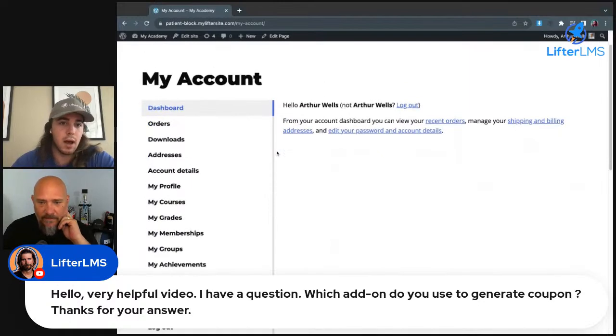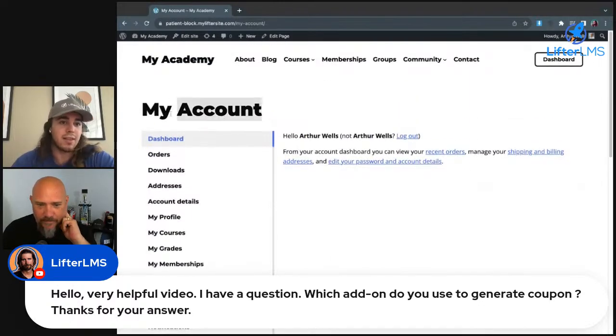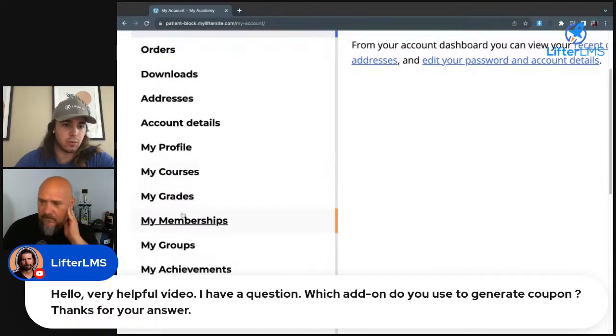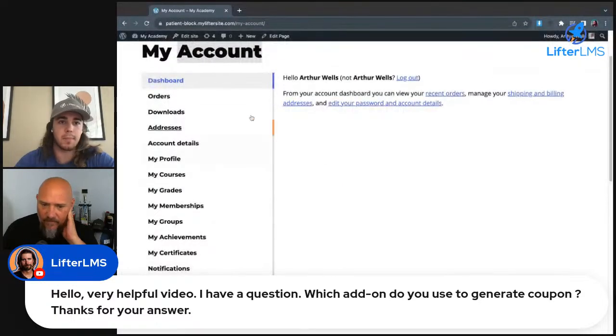I do. It makes it a little bit more easy for customers to navigate around. It makes it a little bit of a clearer setup. Instead of having My Account and Dashboard, it has two separate pages. You go to My Account to manage orders and My Dashboard to access courses. Lifter adds the courses option to the WooCommerce area, so it can all be managed under one page to make it easier for students and customers.